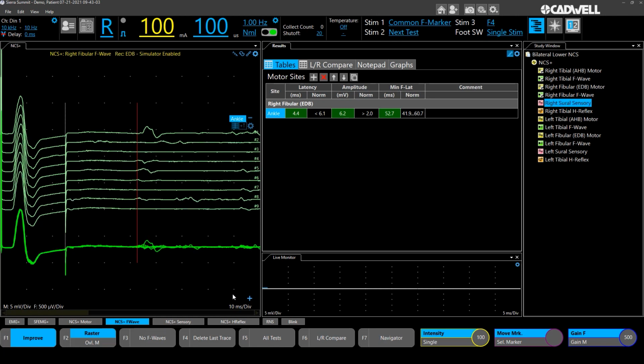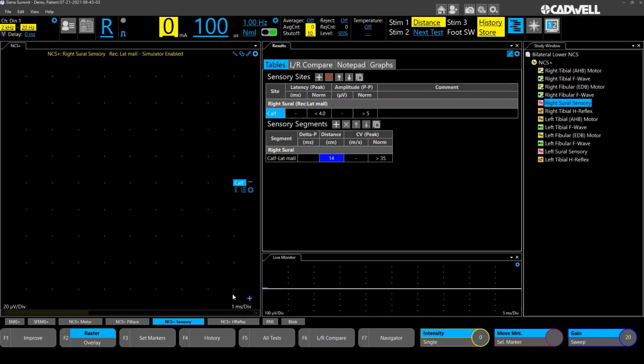I'm going to push next again to go to the next test, which in this case is the Searle Sensory. Sensory tests have a few features that are unique and specific to helping improve artifact and noise. The first one is the Improve button, which is the F1 button when you're doing a sensory test. You shouldn't turn this on unless you need it, but if you are getting something like large stim artifact or